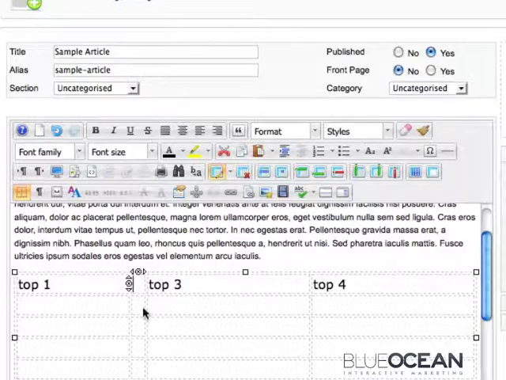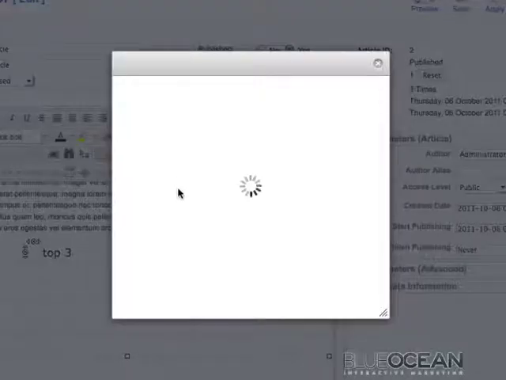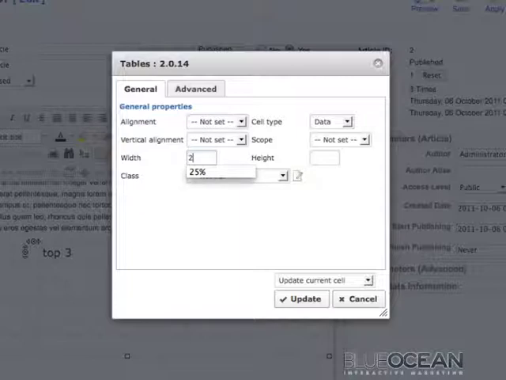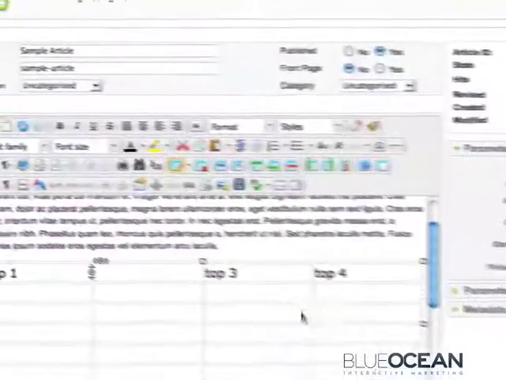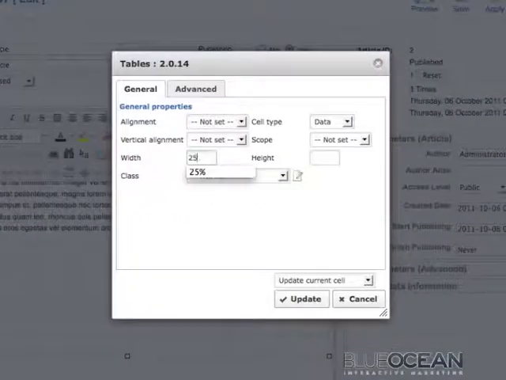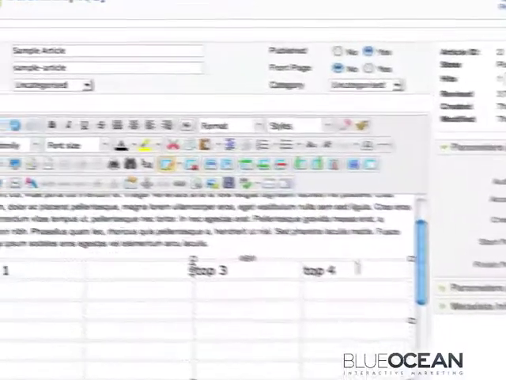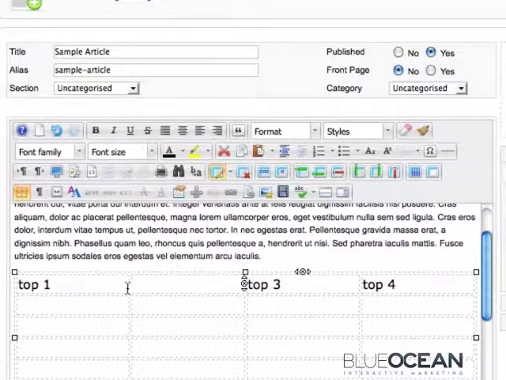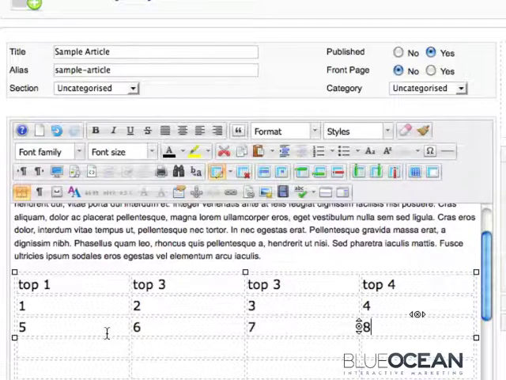I'll do the same for this one. Make it a width of 25%. And do that for the third one. A width of 25%. I don't need to do the fourth because 3 times 25 is 75, so the fourth one will automatically be 25. And as you can see, without having any content in that, they all have a consistent width right now. And just filling it up,